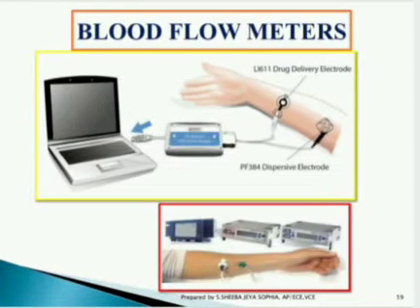Moving to blood flow meters. These blood flow meters are nothing but analyzers of the flow of blood. There are various types. You can see here how this blood flow meter is used. Two electrodes are fixed on the human body, on any portion like the hand, leg, etc. One acts as a delivery electrode and the second one acts as the dispersive electrode. From the collected electrical signals, the output parameter variations are calculated, which is connected to a display unit like a PC or CRO.